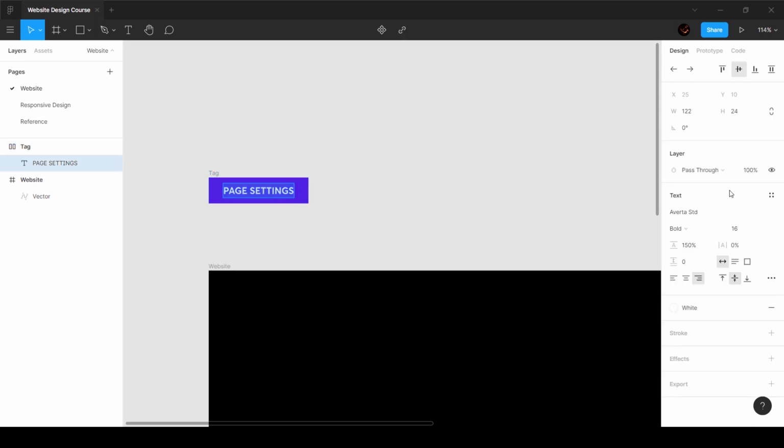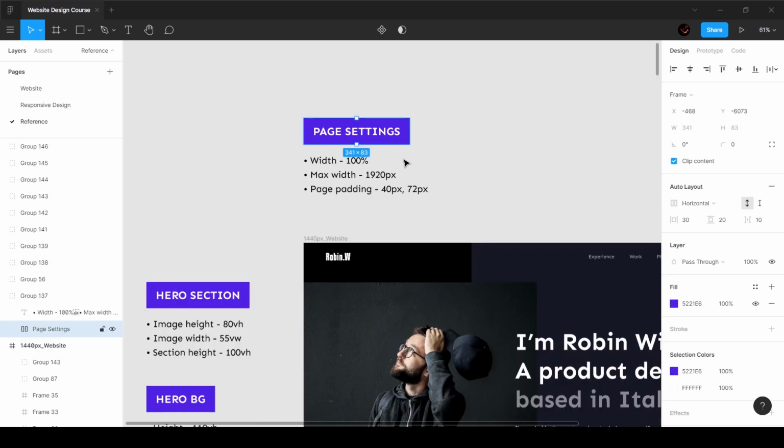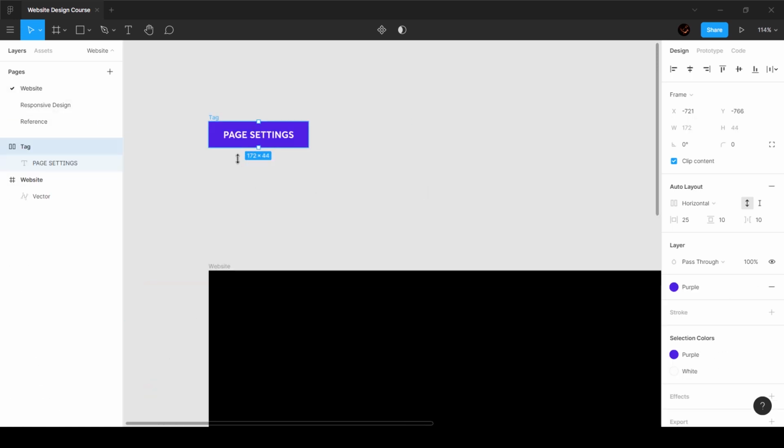Now, if I want to change this to anything else, you can see that it changes and it maintains that ratio. So this is what we want. We're going to add a lot of information over here, such as what I've added over here, and we're going to enter that one by one.